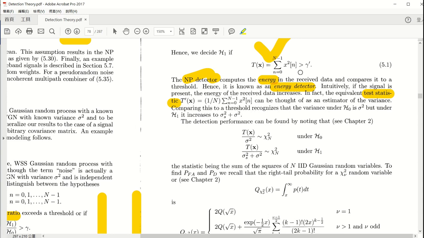Okay, so up to this point, we have finished our detector. Then the next thing is we will always be curious about the performance, right? We will be asking, then what about the performance? Then we need to know the distribution on H0 and on H1. Okay, then we will take a break for a couple minutes, then come back.